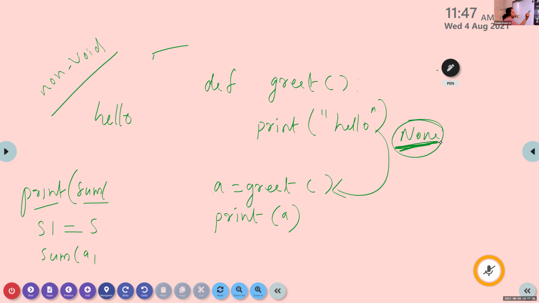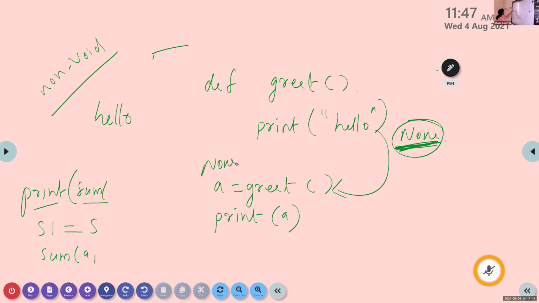That value's name is None. That is empty value. For representing empty value in Python, we use the word None. The data type is None. So the content of A is None.